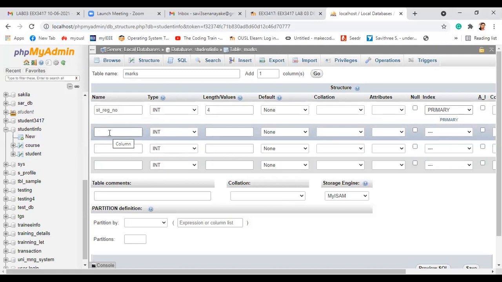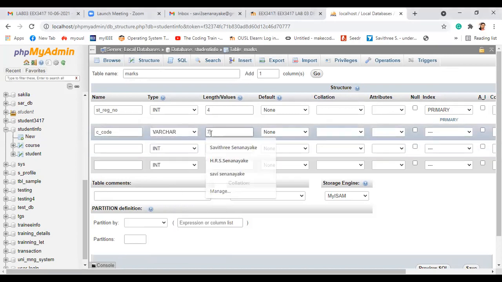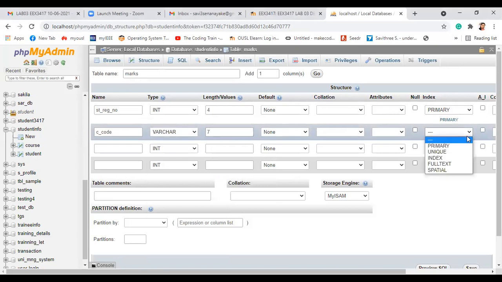Likewise, I will do that for you. You're correct. And let me fill these fields quickly. So next field is the course code, varchar with the length of 7, right? Varchar and 7. There is also a primary key,